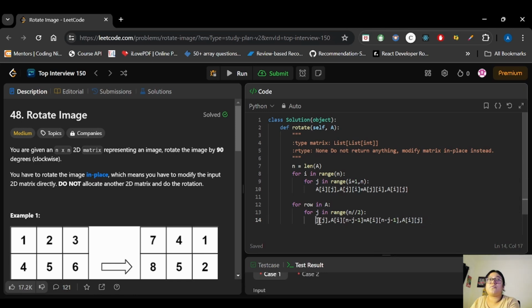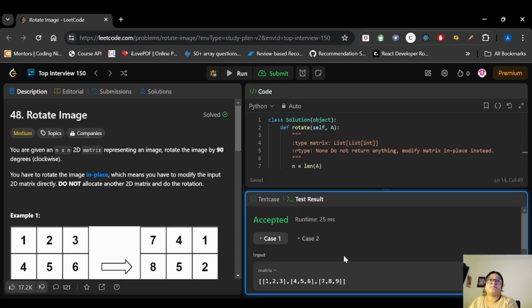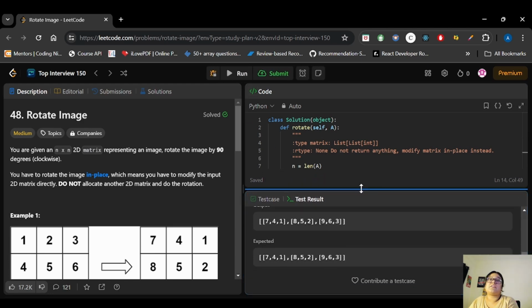For each row we have to change, sorry. So this will also be row. Instead of A of i, we can directly write row, so row of j. So now let's try to run this again. So the sample test cases have passed.